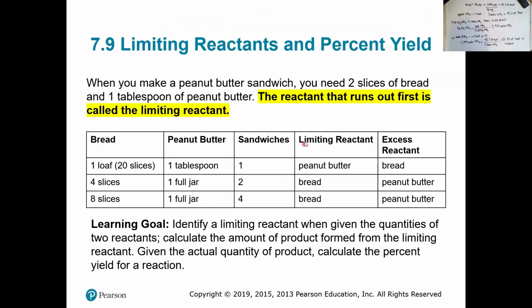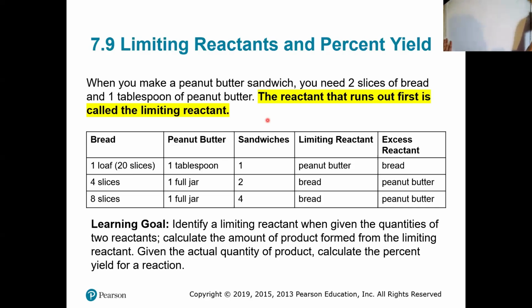The last topic for this chapter, and I just wanted to save it for last because I feel like it's a good culminating topic for the chapter. It's called limiting reactants in a reaction. And when you're looking at the idea of limiting reactants in a reaction,